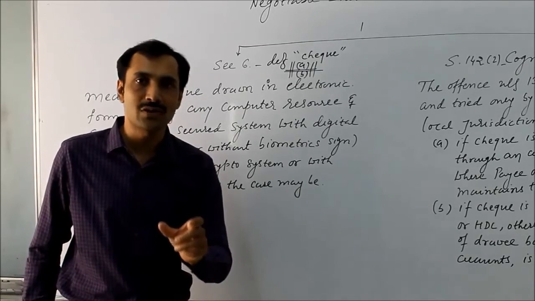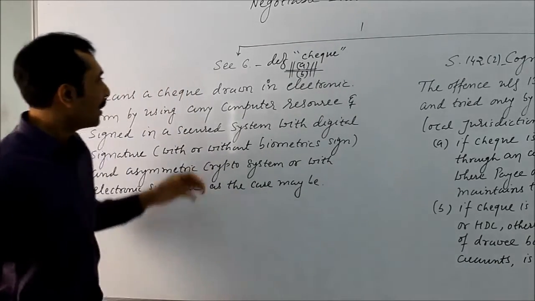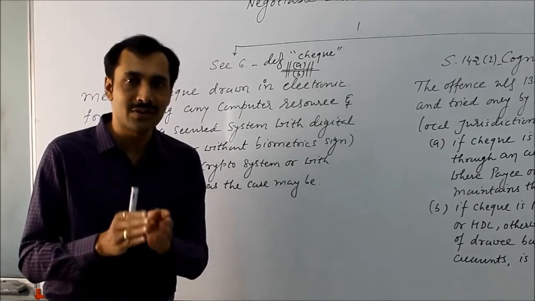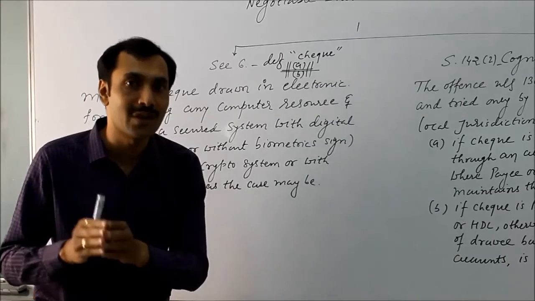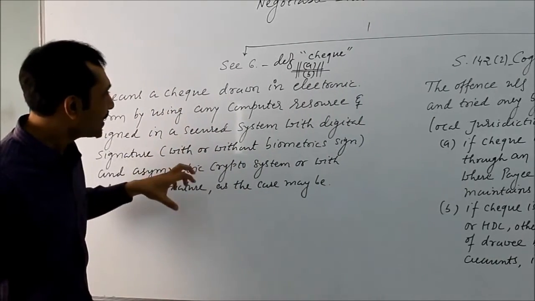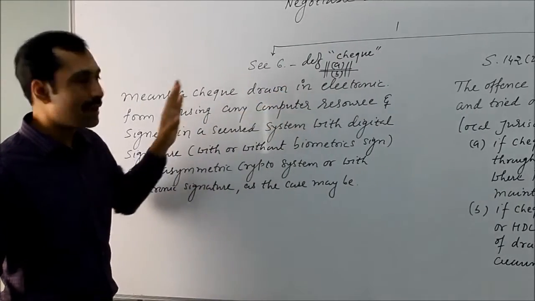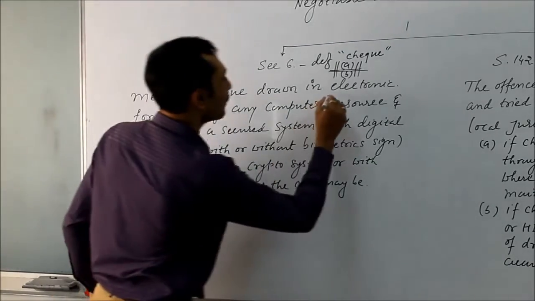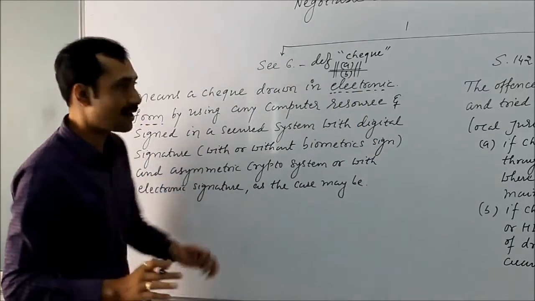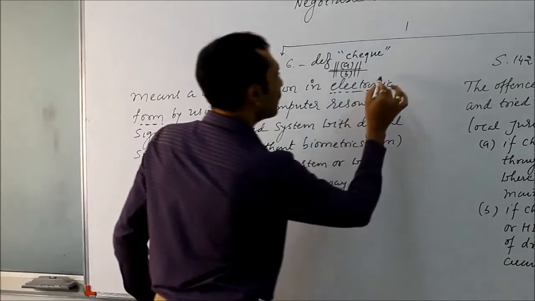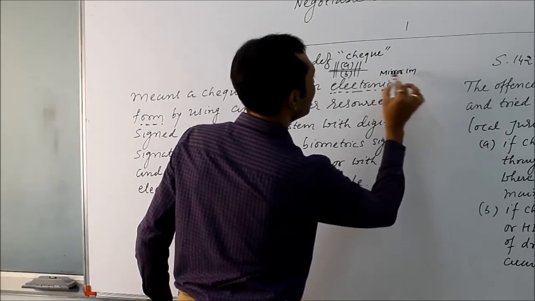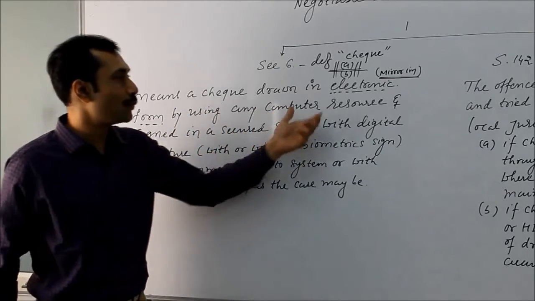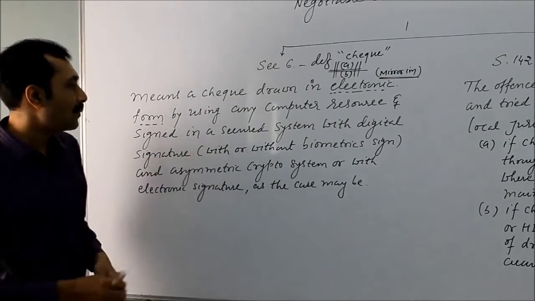But the definition or explanation of the word electronic check has been changed. Earlier it used to say the exact mirror image of the physical check, which has been signed with the digital signature or a biometric signature with the minimum security. That was the earlier explanation. Now it reads: check includes the electronic check, and electronic check means a check drawn in an electronic form. Earlier it was the mirror image of the physical check. So the wording has been replaced, by using any computer resources and signing with the help of the secure system